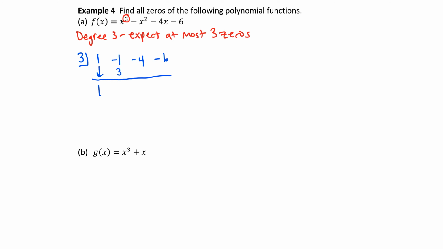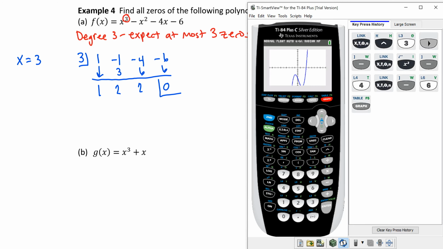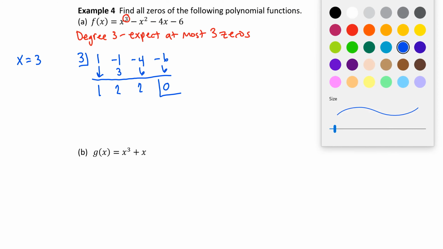So multiplying and adding all the way across, we have confirmed, because of this remainder spot, that x equals 3 is in fact a 0. Now, if I look at the graph, remember, either 3 has multiplicity of 3 or there are imaginary zeros remaining, because remember, we're looking for 3 zeros. That means at most 3 x-intercepts. This graph only has one x-intercept, which indicates the other 2 zeros that we're looking for are very likely imaginary. So here's how we're going to find them.